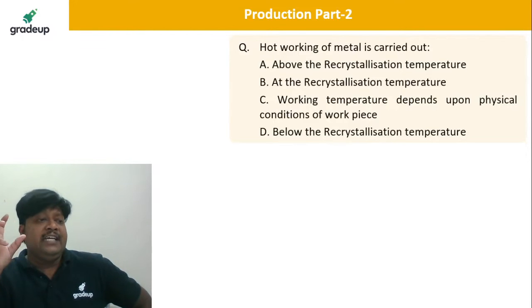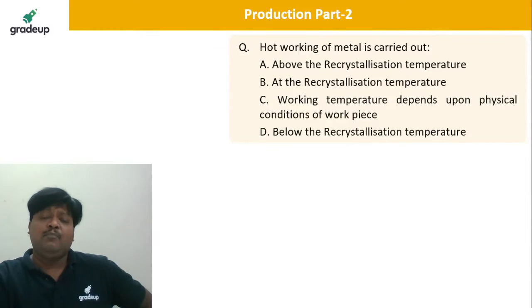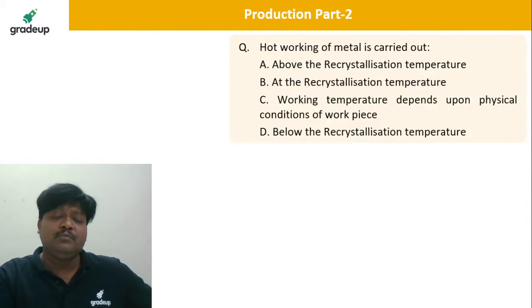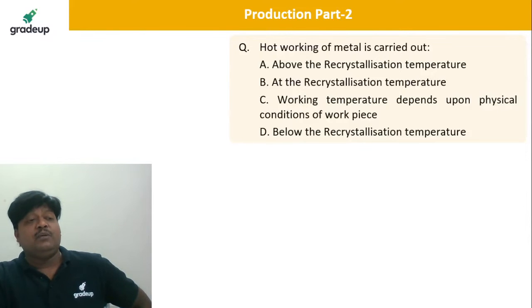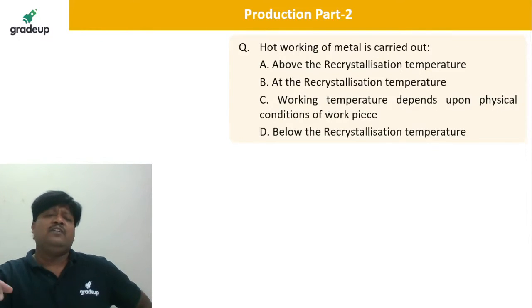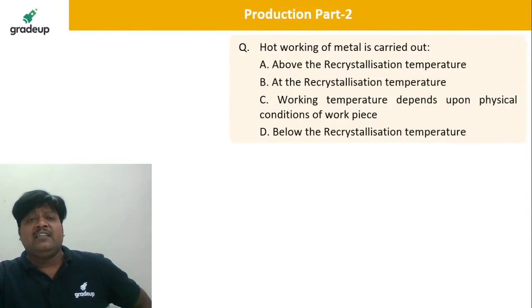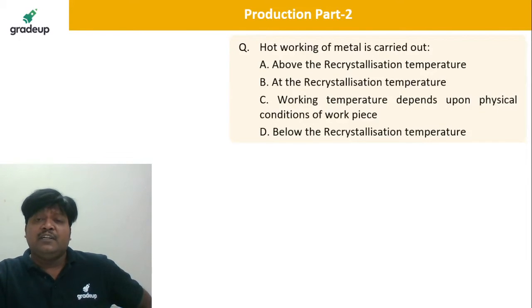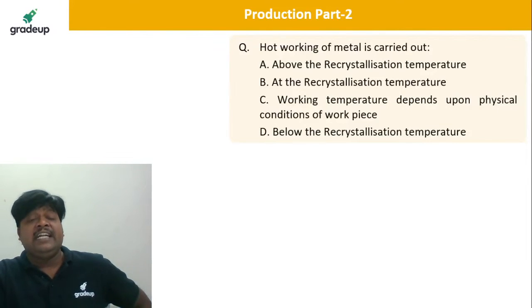Okay. So dear, please remember this recrystallization temperature is generally one-third to half of the melting point temperature of the material. Based on that, you can have different materials which can be worked below room temperature. If you take lead and tin as examples, their recrystallization temperature is below room temperature. So even if you work them at room temperature, it is called hot working.